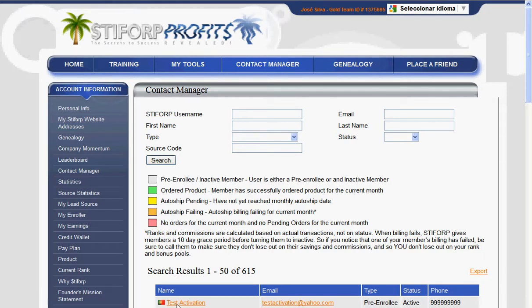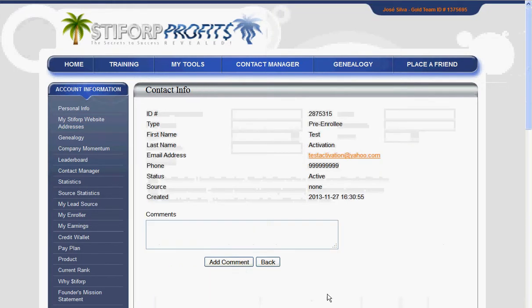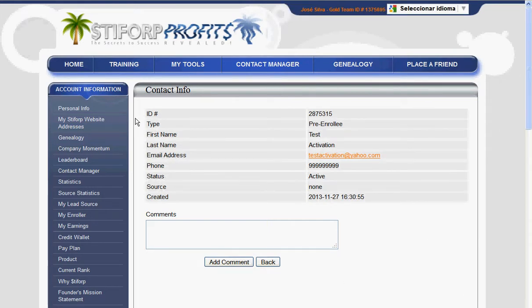So this is a test activation, my fake paying member. If you click here on the name, you see it opens all the information about this paying member, and here at the top you find the ID number.